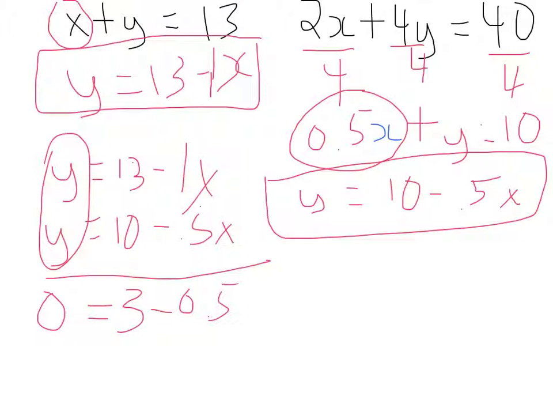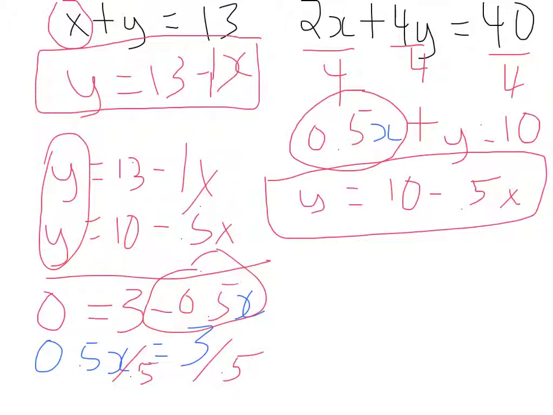And here's somewhere where people are forgetting again that it's x. Now I have to add 0.5x on both sides to isolate the number from the variable. So I'm going to have 0.5x equals 3. And then I need to divide both sides by 0.5. Remember that you can pause this and look back at it. But just to show you what I did, I added 0.5x to both sides. And then that works out to x equals